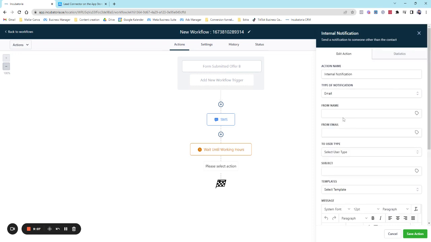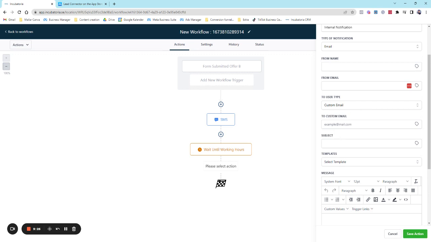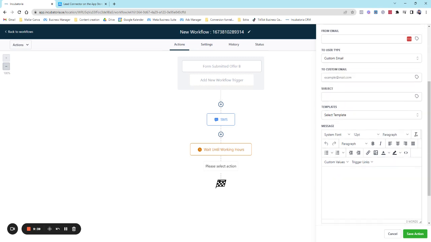So you can send them an email here. From name, I usually type in my agency name or something like that, so they know where this email is coming from. And then you can either just put in their email address here in custom email, or if you have made them a user in the system, you can just choose that user. But we don't have any users in this account. It's a demo account, so let's just fill in the client's email address